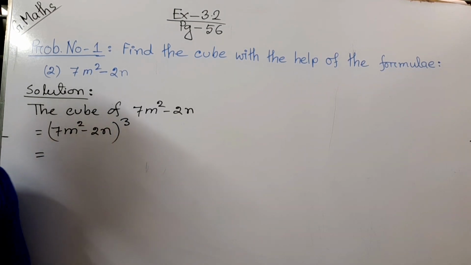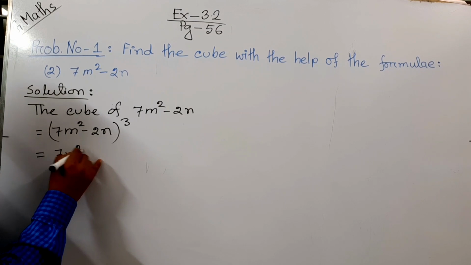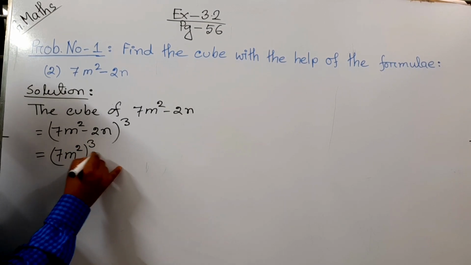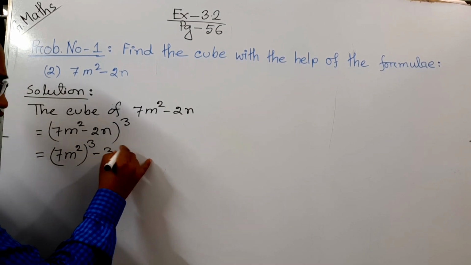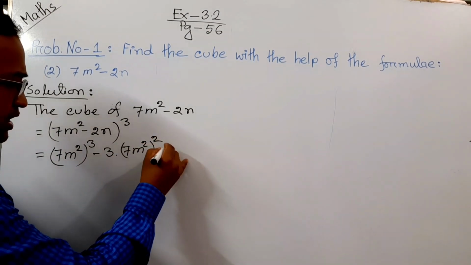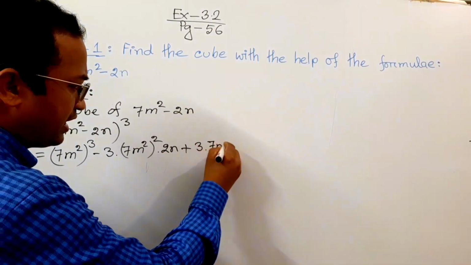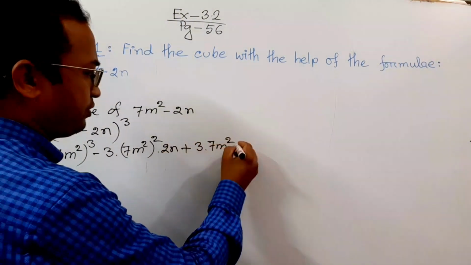Definitely we know the formula of a minus b whole cube, that is a cube minus 3 into a square b plus 3a b square